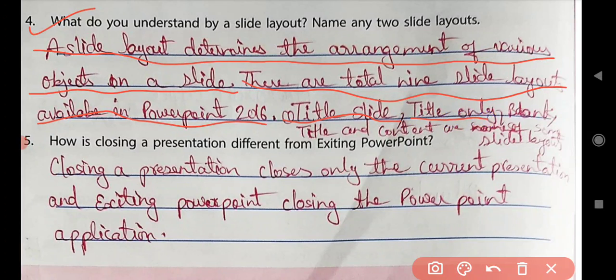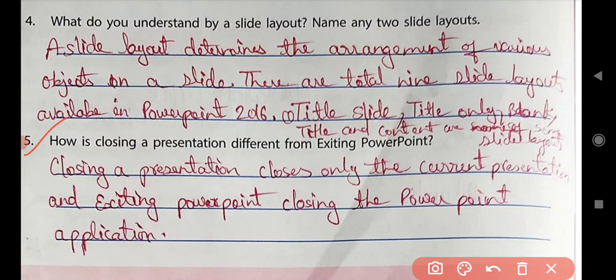Now come to the next, that is question number 5. How is closing a presentation different from exiting PowerPoint? We have to differentiate between closing a presentation and exiting PowerPoint. So let's start the answer.